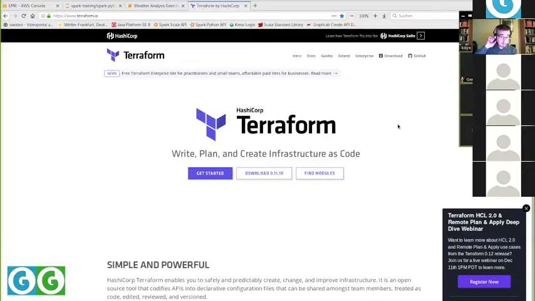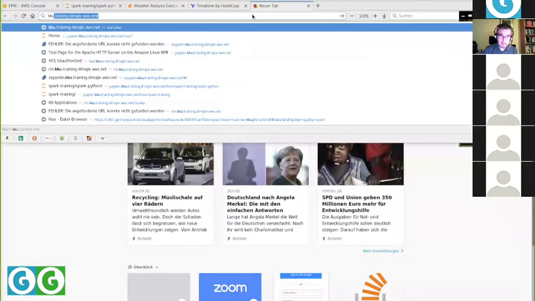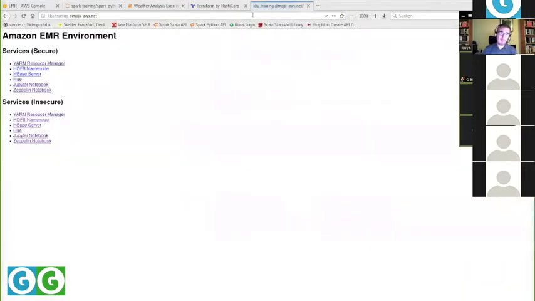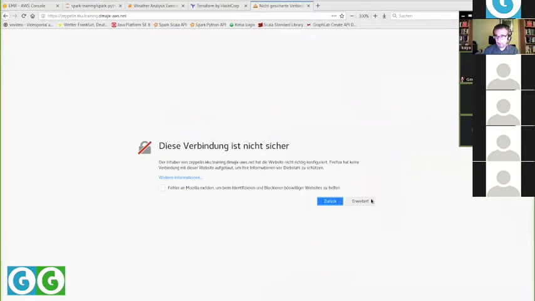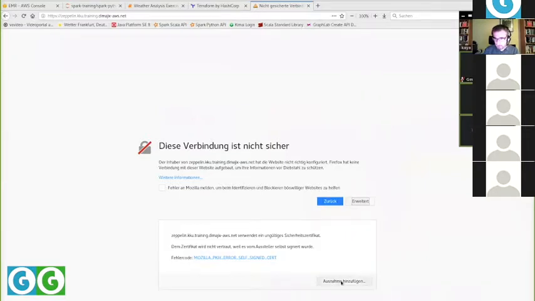This is forwarded to the outside, and behind the reverse proxy, the different services of the Hadoop cluster are accessible. So I go to the start page. This is the start page of the reverse proxy. And for example, I have this Jupyter notebook, which I have been using. There's also a Zeppelin notebook. I now added